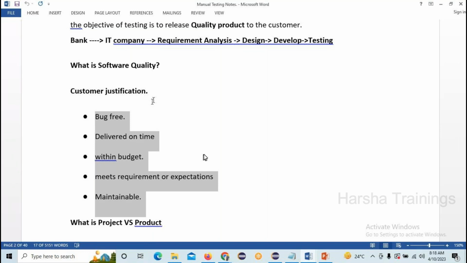It's not behaving as you expected, is it or not? The actual output is different from the expected output. You expected to log in by giving the valid values, but what is actually happening? It's showing an error, invalid credentials. Are the actual and expected matching? Not matching, right? So whenever a deviation happens from the expected output, then we are going to call it a bug. Now you can understand what is meant by bug free.